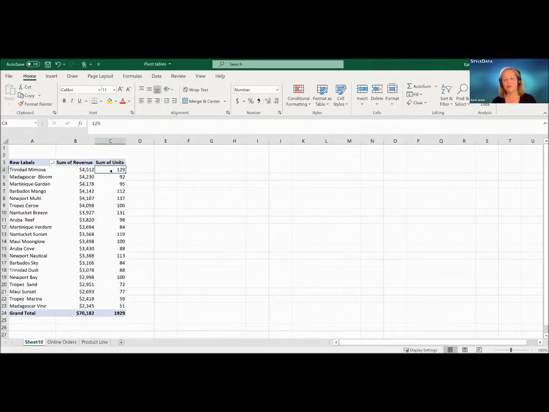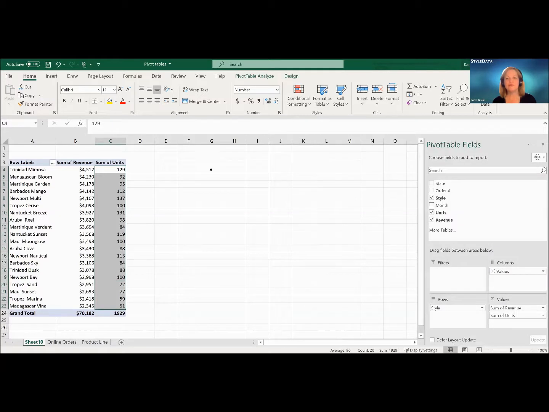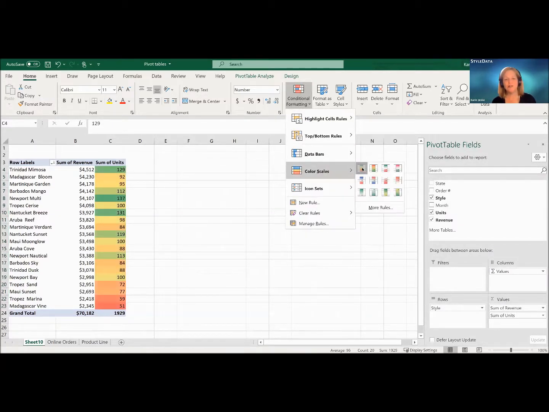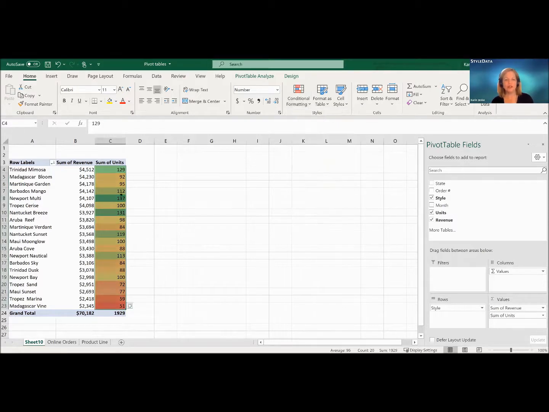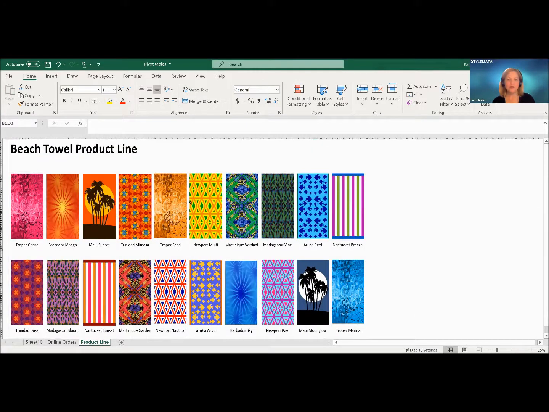Now, I'd like to keep this sorted by revenue because that's probably the most important metric, but I'm going to use conditional formatting to see which style sold the best. So I'm looking for the darkest shade of green, and I see it over here with Newport Multi. Let's look at the product line. Newport Multi is